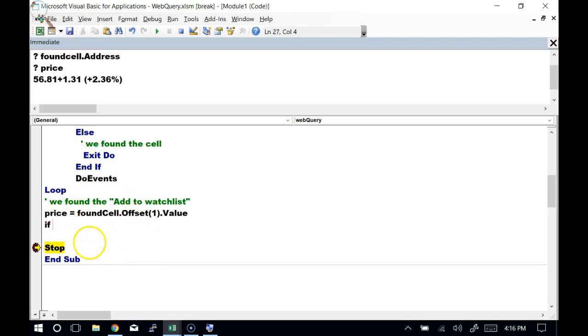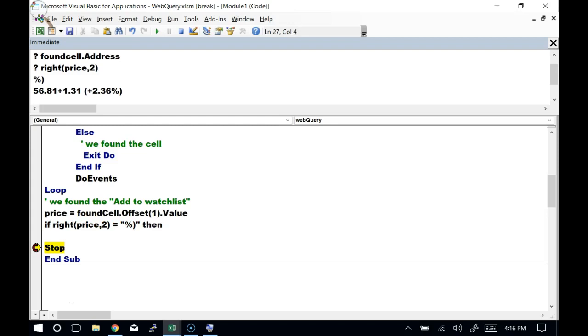Okay, so now we're checking to see if those rightmost two characters, so let's just do that. If the right, I'll do it up here before we type it down below. I'm not going to print the price, I'm going to print the rightmost two characters. That's right, that was pretty good. So now I'm just going to give myself a little check here. I'm going to say, all right, if the rightmost two characters of price, that was a lot of work typing that, I'm going to type that again. Copy and paste that. If that is equal to a percentage sign and a closing parenthesis,